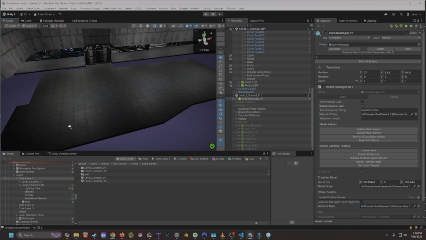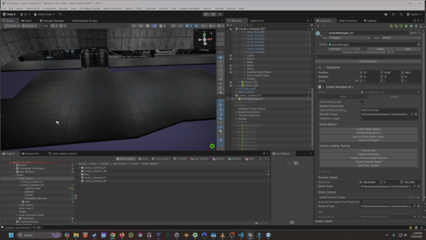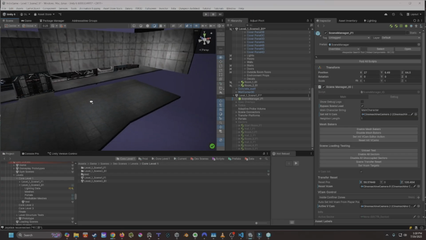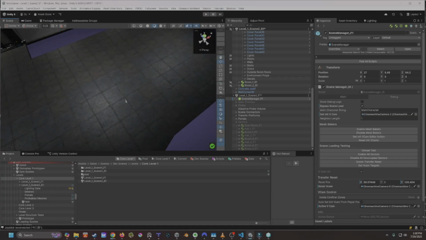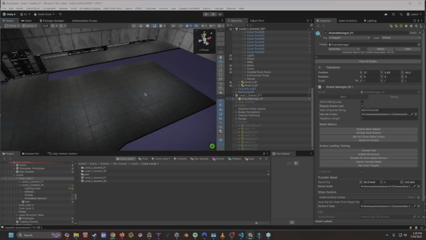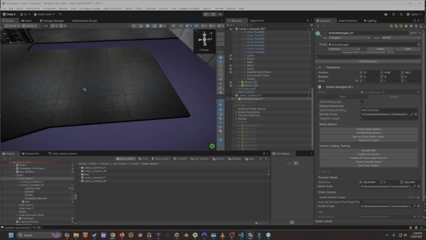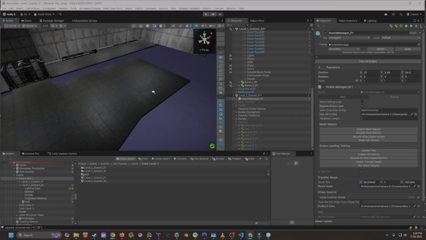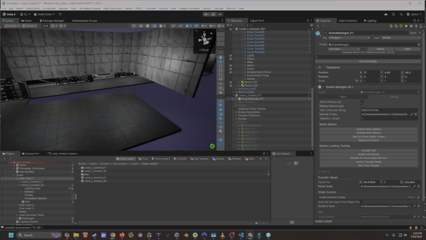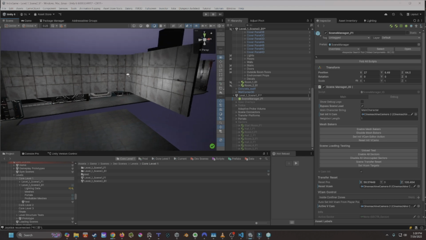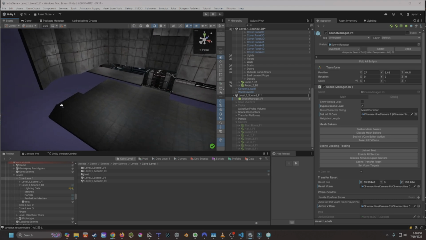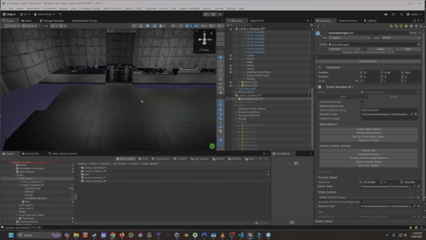So now I have a much wider selection of wall and floor assets. For the next scene, I want to change it up. I've been using this floor and these walls for a while. I want to get a new floor tile prefab or something like that, so it's a little bit different for the next floor. It'll be fine for the first two floors, but for this one, I'll also add a few more wall prefabs and whatnot. So I spent a bunch of time looking at the demo scenes,